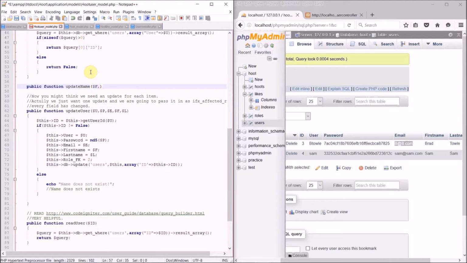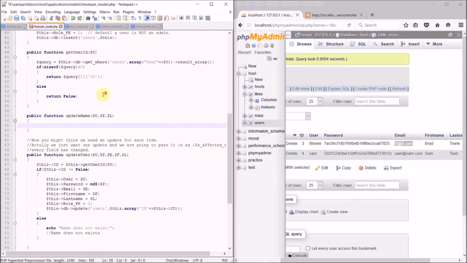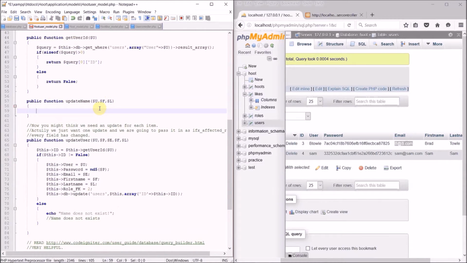I'm going to take first. Actually, we're going to take username. Yeah, no, we'll take ID. No, we'll take username. Why not? And we'll take first, and we'll take last. So often your session variable will either store your ID or your username or both. I prefer doing both, but we'll just say